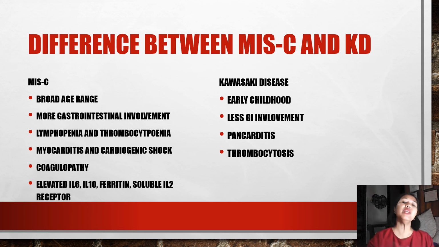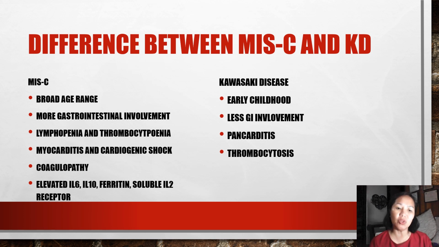So, how do we differentiate MIS-C and Kawasaki disease? Usually in MIS-C, the age group is broad. There is more gastrointestinal involvement. There is lymphopenia and thrombocytopenia. Usually there is myocarditis and cardiogenic shock. There is coagulopathy, elevated interleukin 6, 10, ferritin,